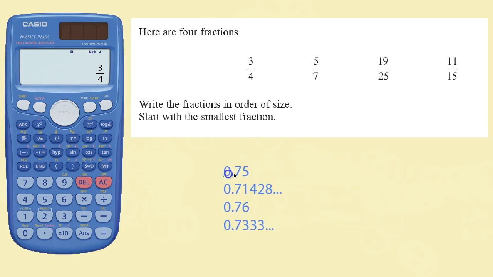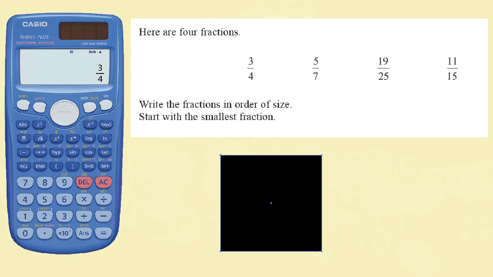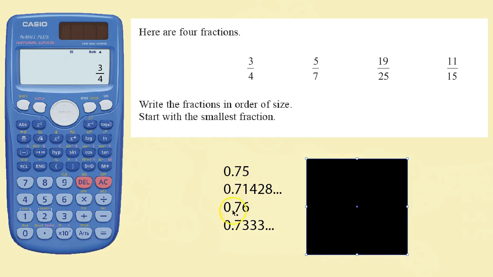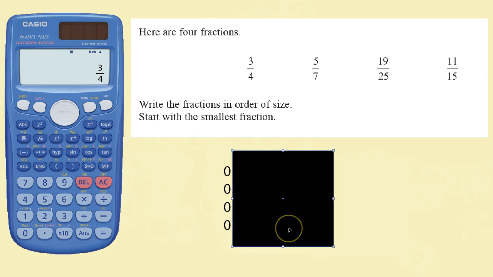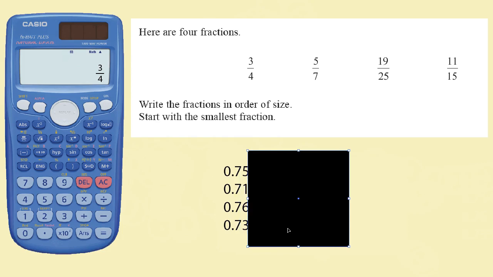So after you've done that, you would get these numbers, and then it's just a matter of putting them in order. So I'm going to show you how I would put them in order. I would start by just covering up all of the numbers and writing them in order like that, and they're lined up by their decimal point. So first thing I look at is the first digit. Now I can see that they're all the same, so nothing to see here. Second digit is also all the same. Third digit, now we can put them in order basically. We can see that this one is the biggest, 6 is the biggest,